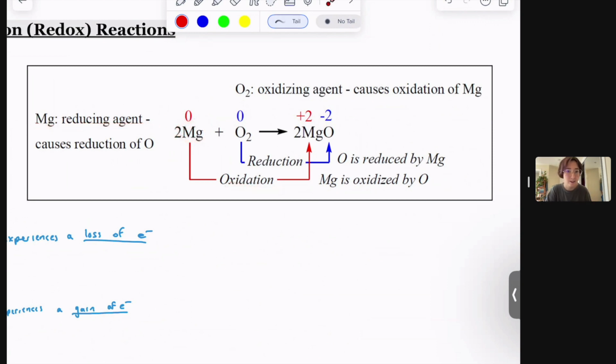It helped oxygen get reduced. O2 is the oxidizing agent. So not just oxygen, the element, but O2, because that's the species that it is as a reactant. I'll show you another example, but